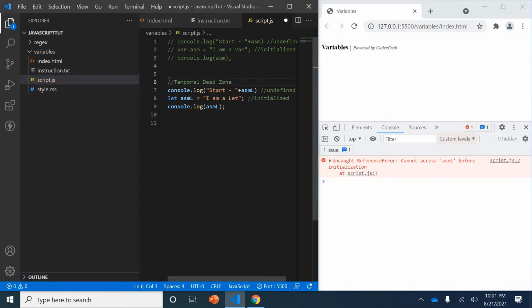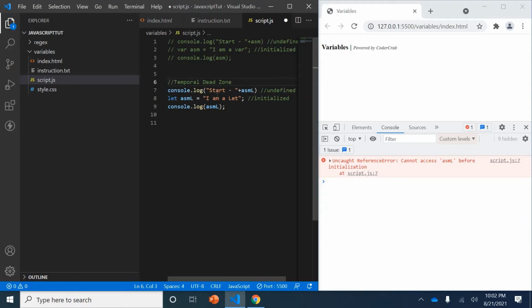So this area is the temporal dead zone. This behavior of let is very good if you are using it in a stricter manner. It will be very useful.